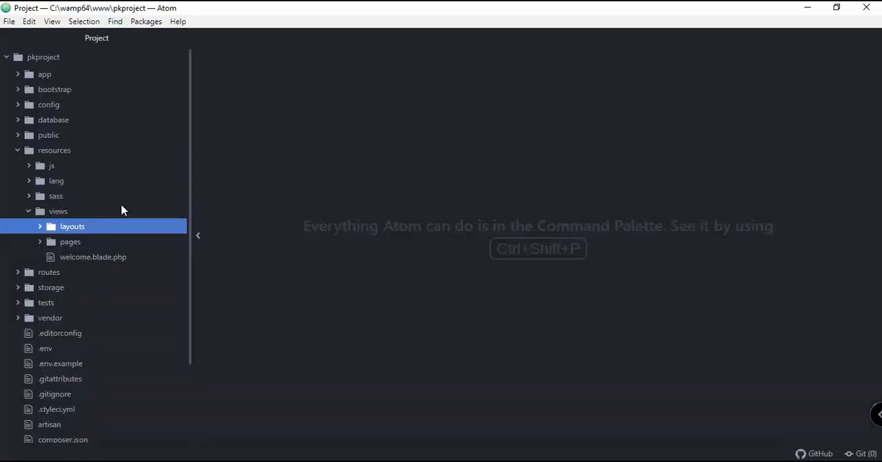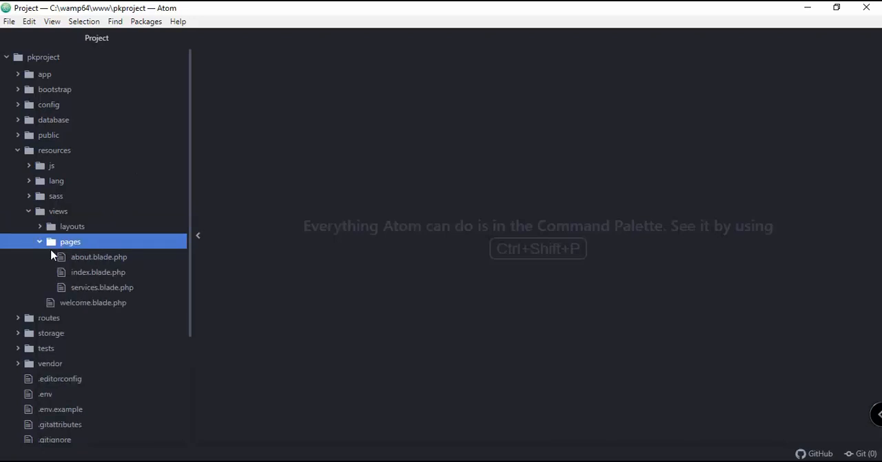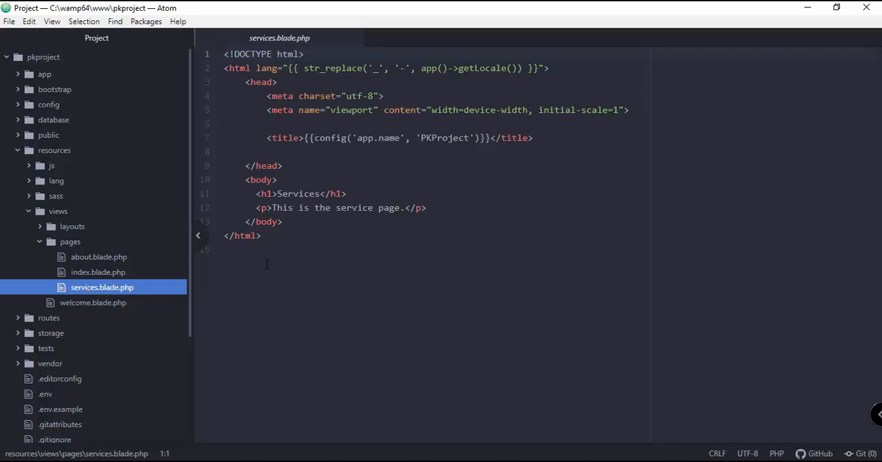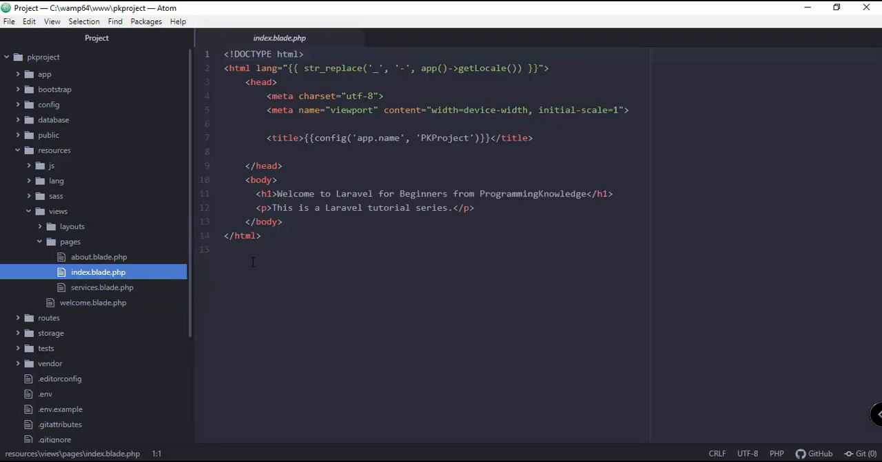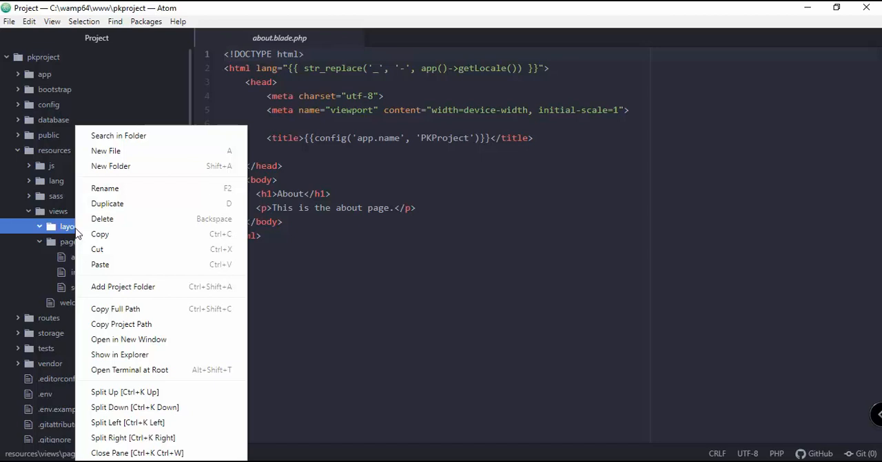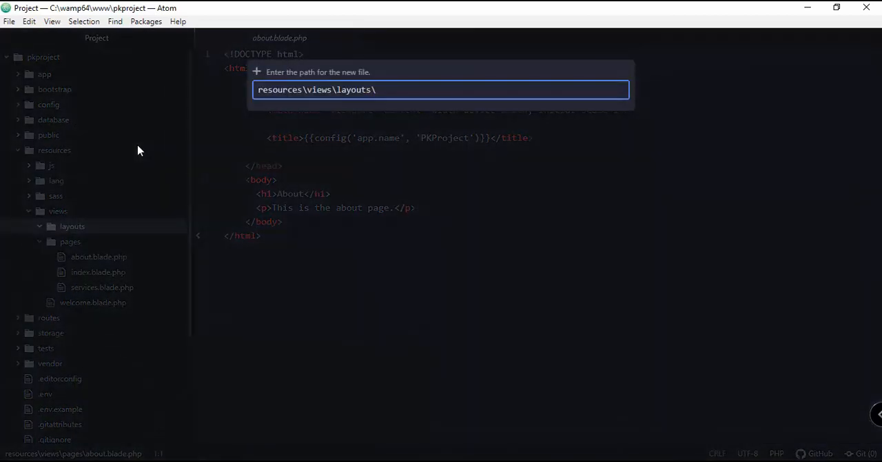Because as you can see, if you try to open up our pages, the about, the index, and the services, you can see we have repeating HTML for our services page, our index page, and our about page. So we'll try to minimize that by using our layouts files. So under layouts, under views, we will create a new file called